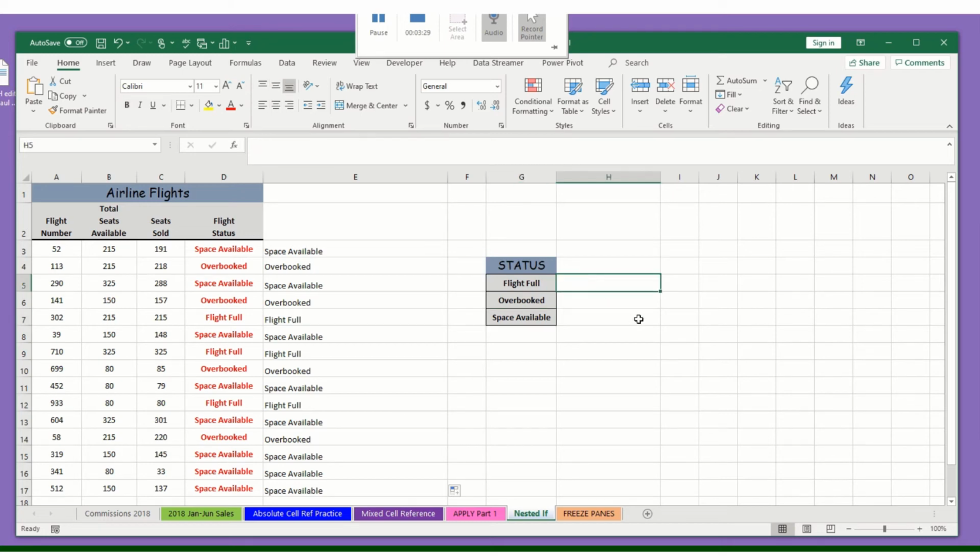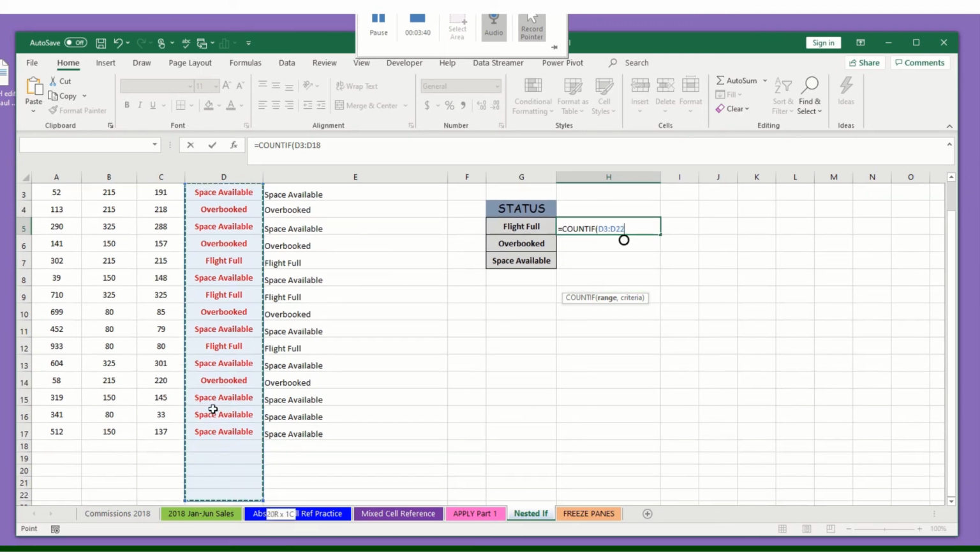Now, if we want to count how many flights are full, how many are overbooked, and how many have space available, we can use a COUNTIF function. Equals COUNTIF, and we're going to look at the whole range, right? We want to see count here. And my criteria, I could put it in quotation marks, flight full, right? Or I could just click